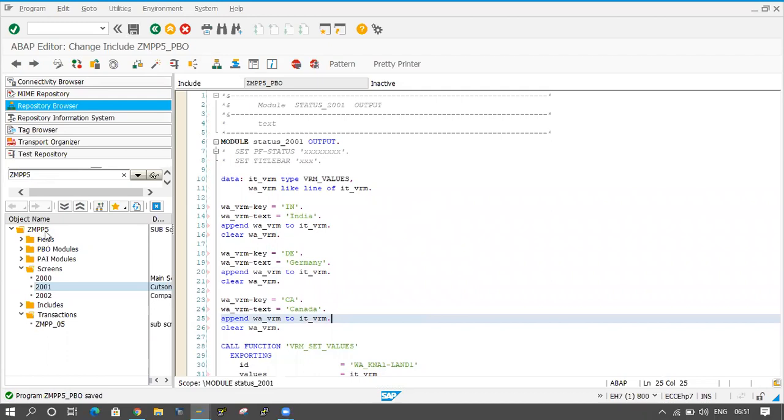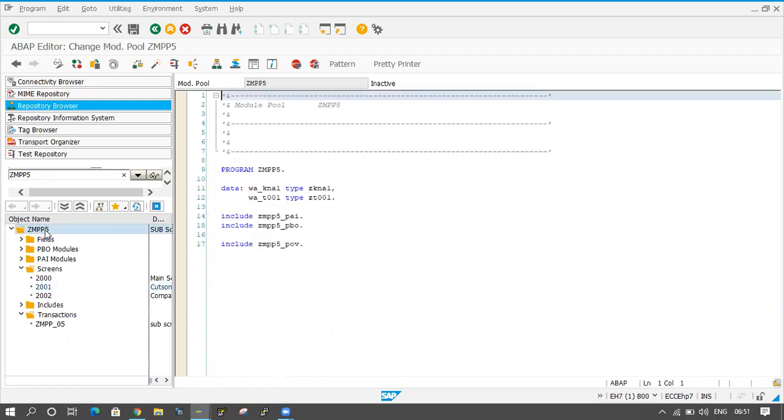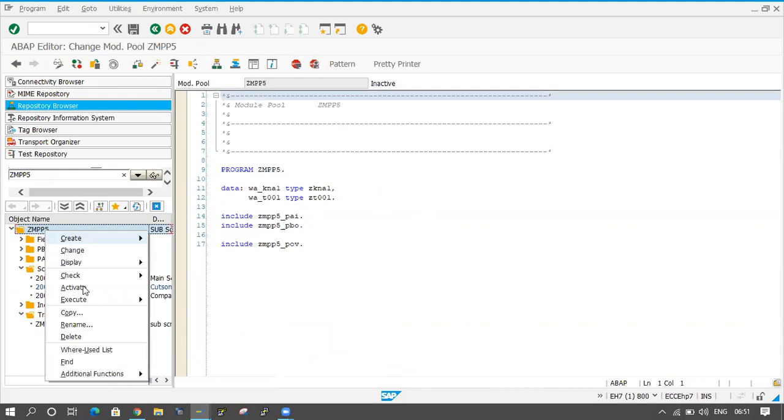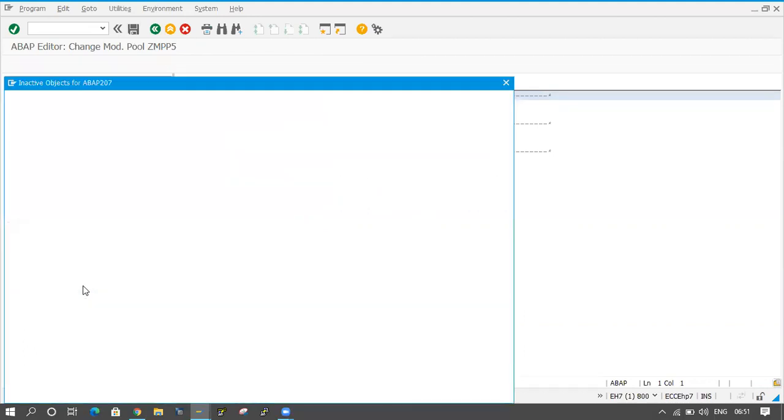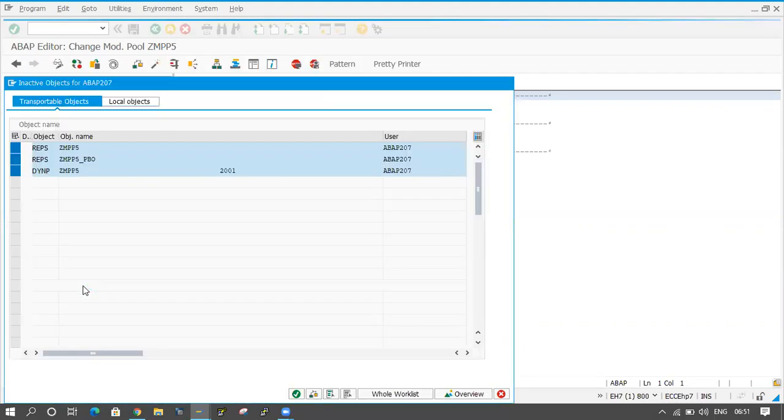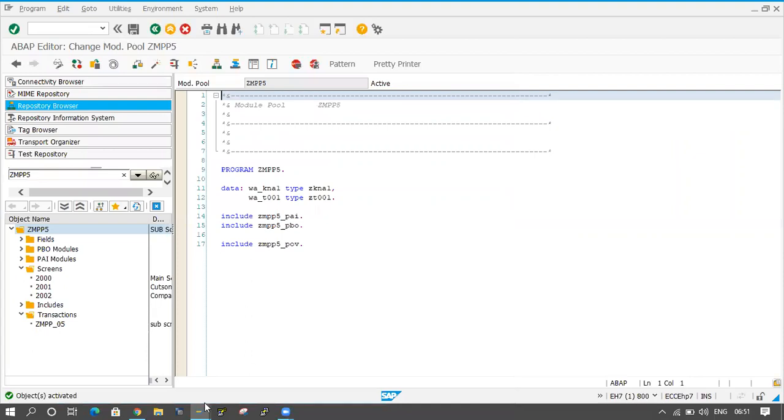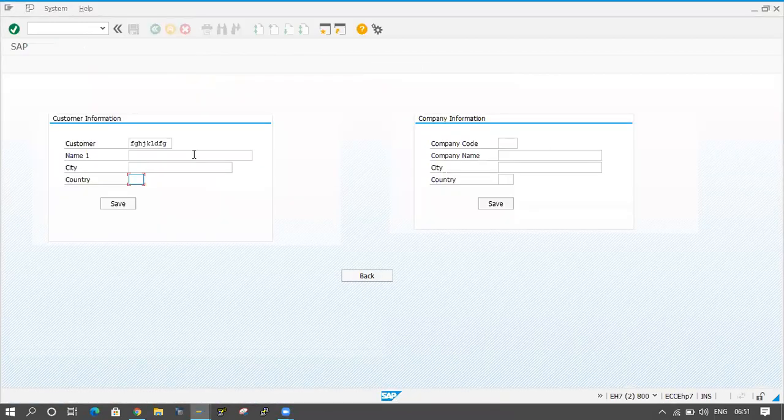Okay, now I will double click on the main program, right click on it and activate it. So the program is activated. Now I will try to execute the program once again. So here back is coming here, right? Back, I am adding the back button. Manually I am adding the back button, but here the back button is also available, but this is in disable mode. This one and the exit and cancel, these three things are in disable mode, right?